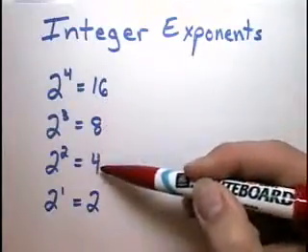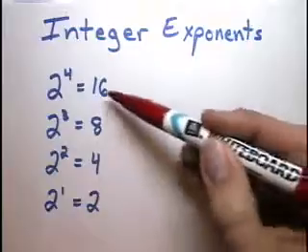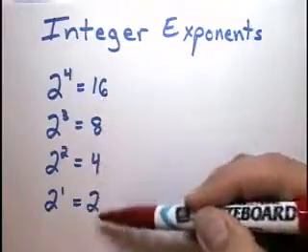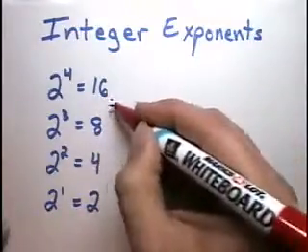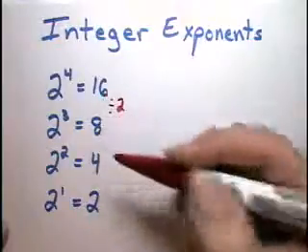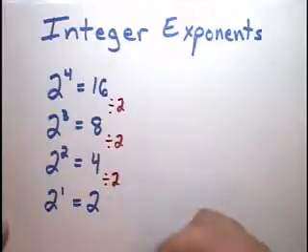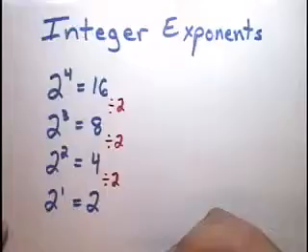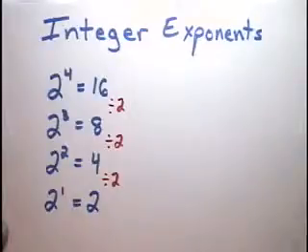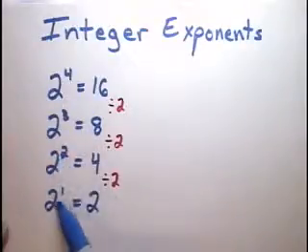16, 8, 4, and 2 decreases by a power of 2. 16 divided by 2 gives us 8, divided by 2 gives us 4, divided by 2 gives us 2. It's this pattern that helps us see how integer exponents, which means the negative number exponents, get their rules. If we were to come down one more number on my exponent, I started with 4, 3, 2, 1, so